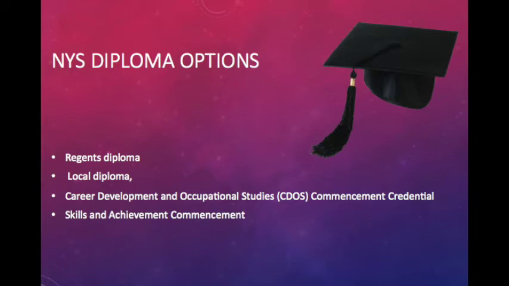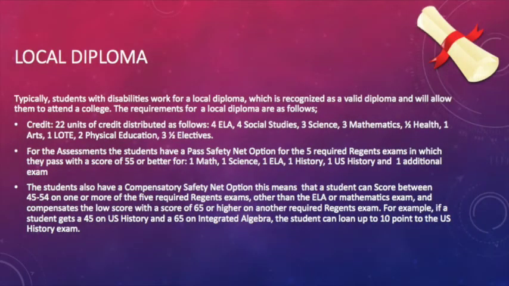In New York, students have a wide range of options. They can obtain a Regents diploma, a local diploma, a career development and occupational studies commencement credential, and a skills and achievement commencement. Typically, students with disabilities work for a local diploma, which is recognized as a valid diploma and will allow them to attend college. The requirements for a local diploma are as follows: 22 units of credit, just like the Regents diploma,